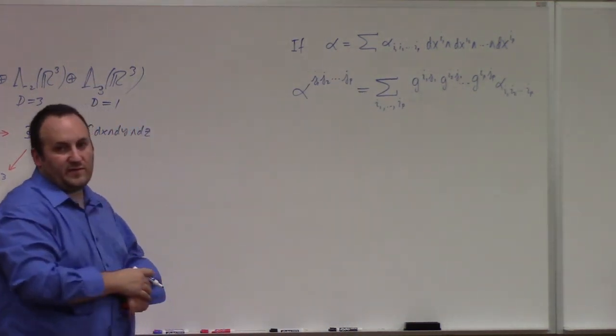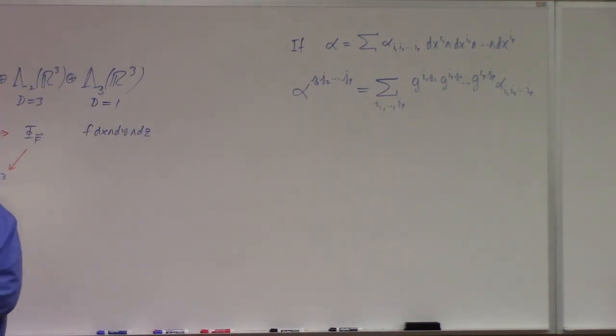This is called raising the indices on alpha. It actually corresponds to using an isomorphism, converting alpha to a tensor